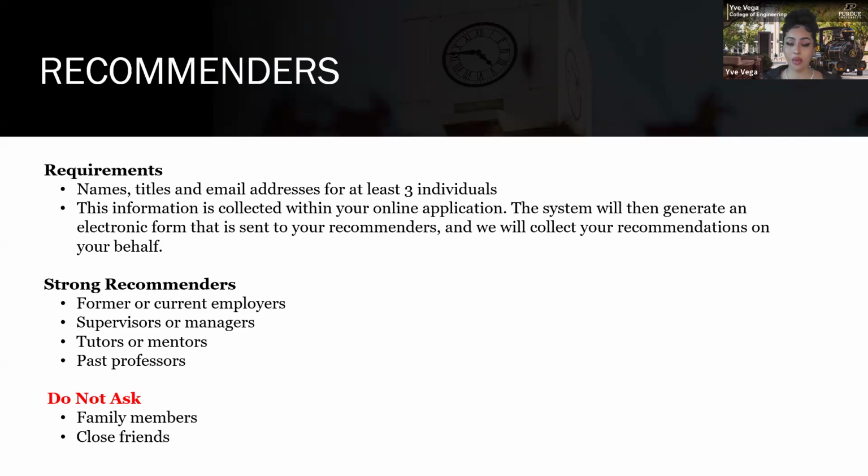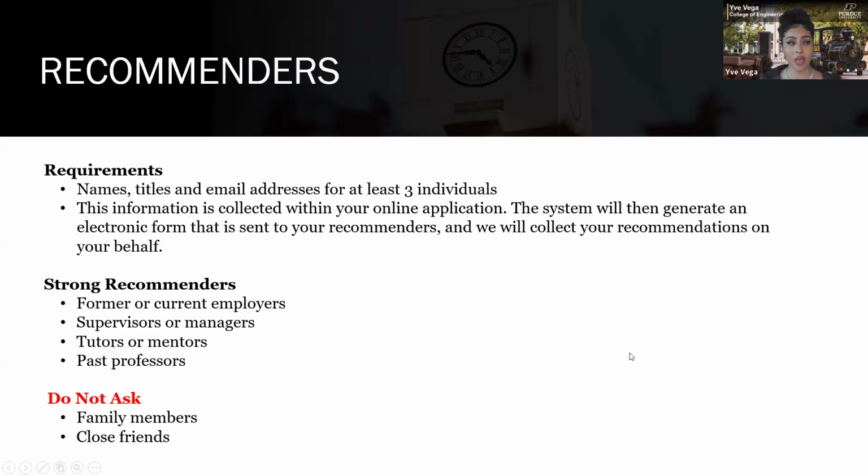You will not be asking family members or close friends to submit recommendation letters, as those would not be valid. Now, when you start your application, on the application itself, we will ask you to submit the names, the emails, and the relationship that you have to your recommenders. We will use that information to reach out to them on your behalf with a safe link that we will send them via email. That is where they will submit their recommendation letters. You do not physically have to collect or submit anything on their end. We will collect that through the safe link using the email that you provide to us.